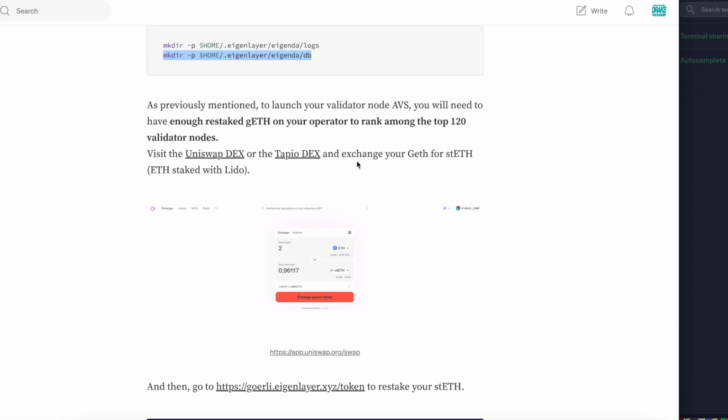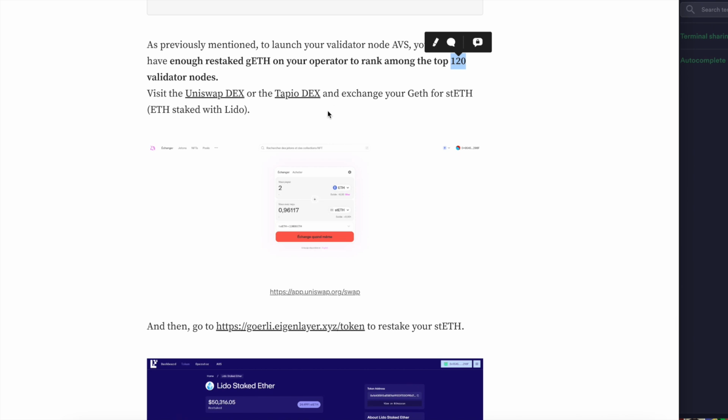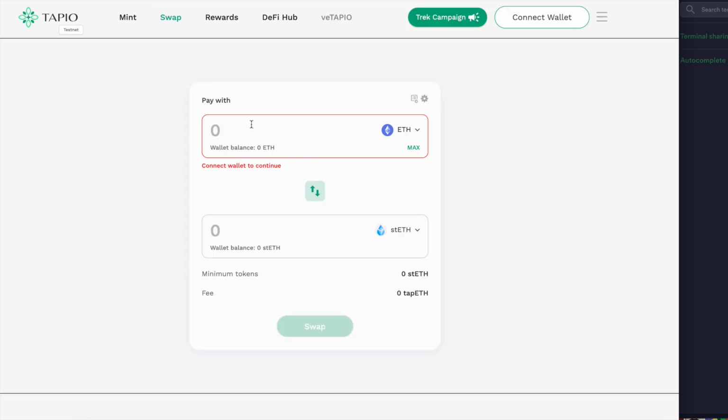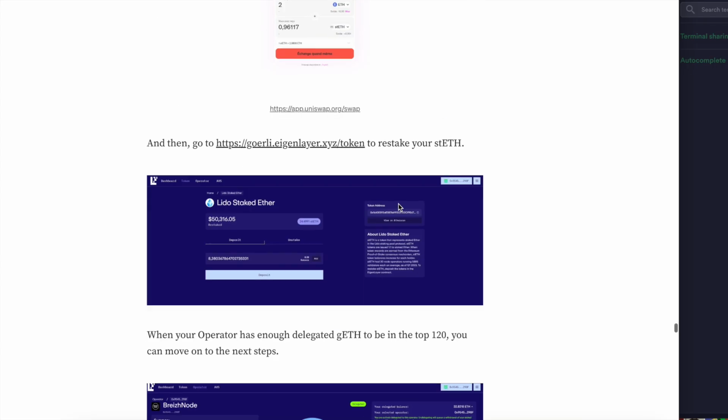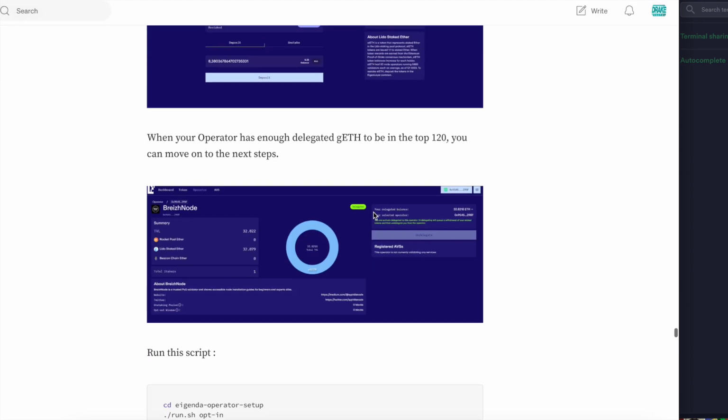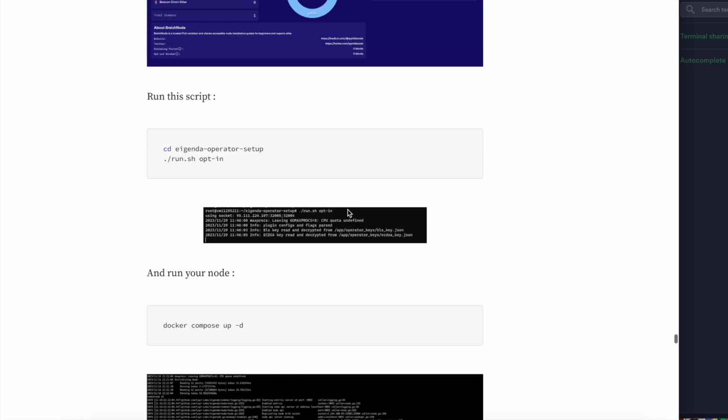You need to be in the top 200. Currently, it says 120 on this article, but it's actually the top 200. You can get more on the Tapio DEX, which is this right here. You can swap some ETH into GETH or SDETH that you can then run and put on your operator. So once your operator has enough delegated ETH in the top 200, then we can go ahead and run this